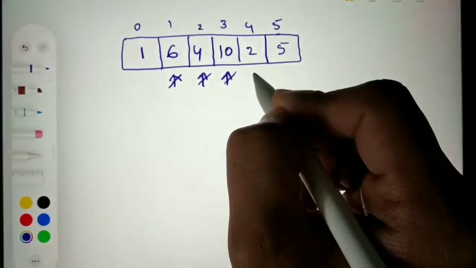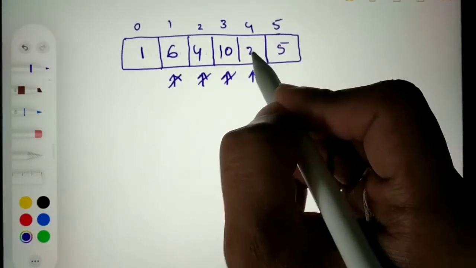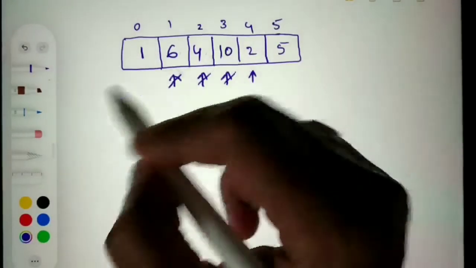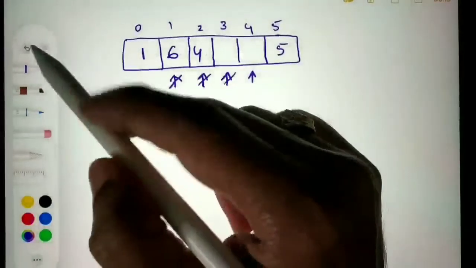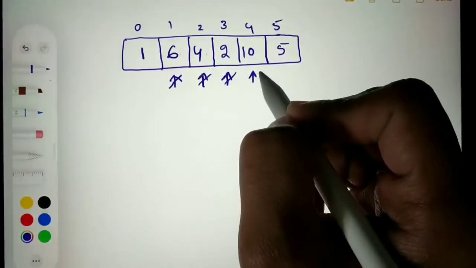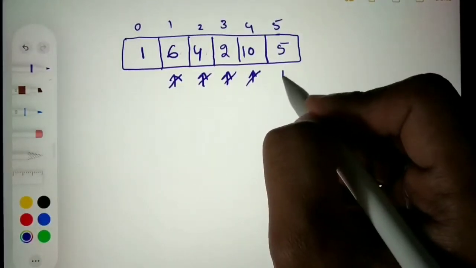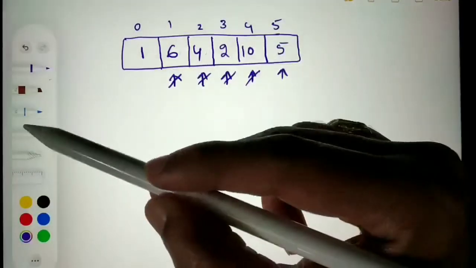And I will move on to the next position. Currently 2 is smaller than 10. So I will swap these two. And 10, and I will move on to the next position. 5 is smaller than 10, so I will swap these two.